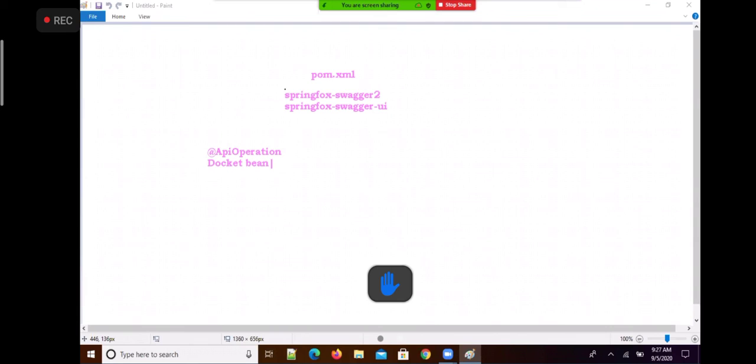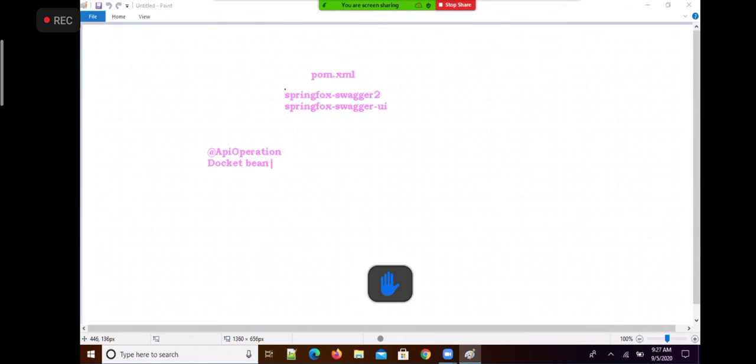These are the changes we are going to make to our application. First, add two dependencies in the pom.xml: springfox-swagger2 and springfox-swagger-ui. Second, add the @ApiOperation annotation on the REST controller methods.